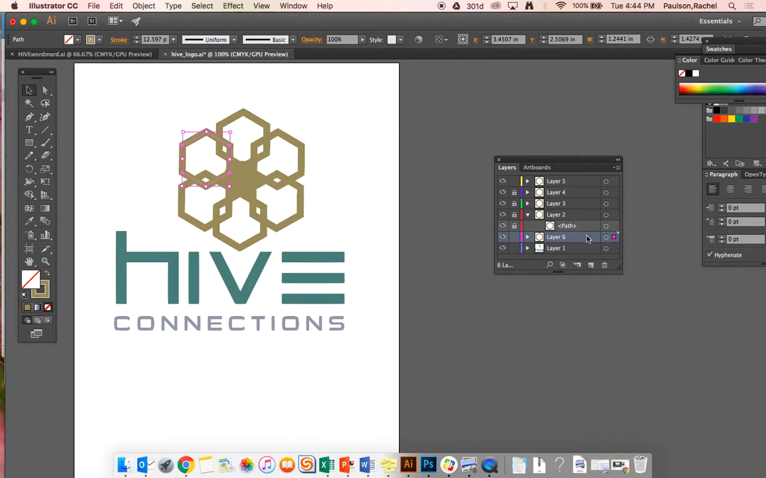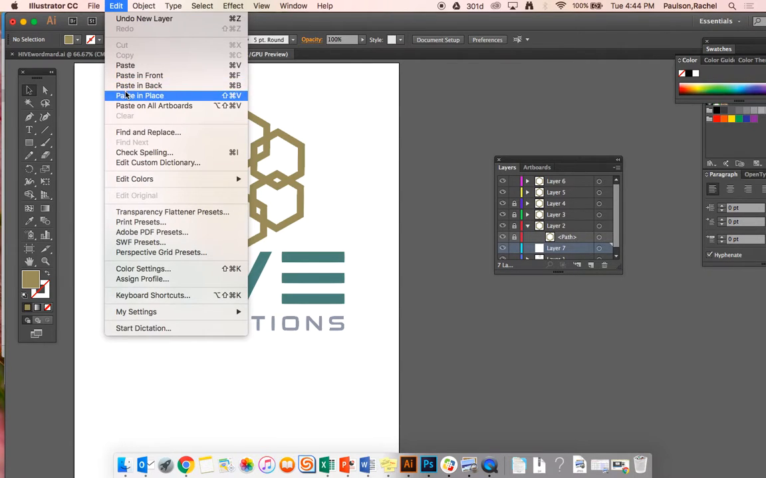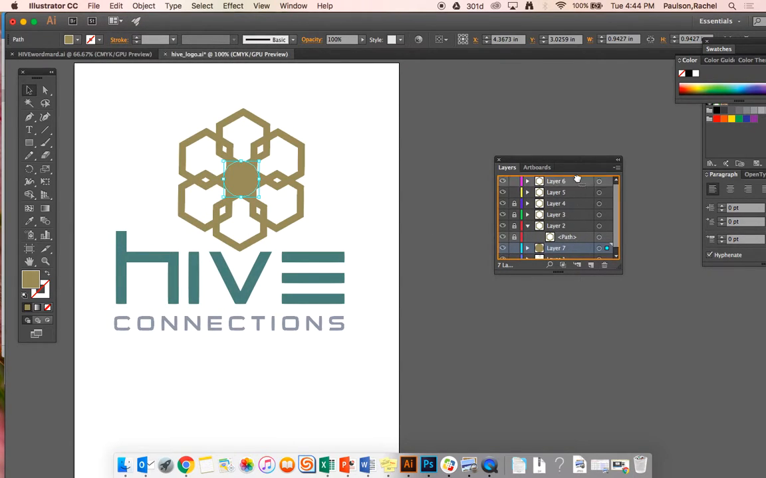And each time I'm adding a layer, I'm just dragging it to the top so it's on top of the other one. The layer order doesn't totally matter at this point. And then there's one last piece here. Edit, cut, add a new layer, paste in place, bring that to the top,